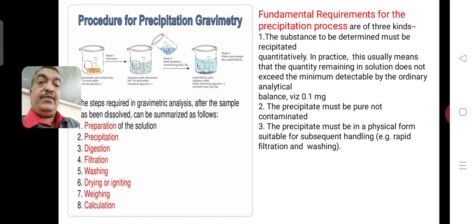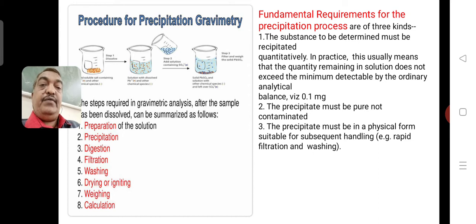Once the drying is over, it is subjected to ignition. Ignition means heating. So you have to heat calcium carbonate strongly so that it will get converted into calcium oxide. So this process is called ignition. Ignition is done either by electrical means or by the general way of using gas. Or else nowadays there are some electrical furnaces also available for ignition. Then once the ignition is done, the entire filter paper, being ashless, is removed automatically, and impurities are also removed. Whatever is left in your crucible is the weight of the material.